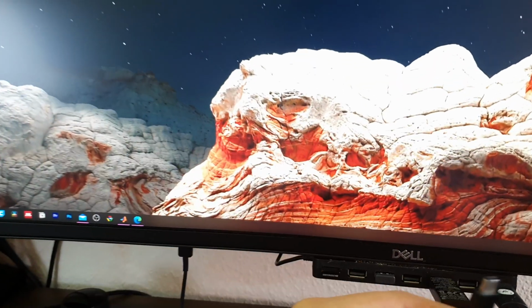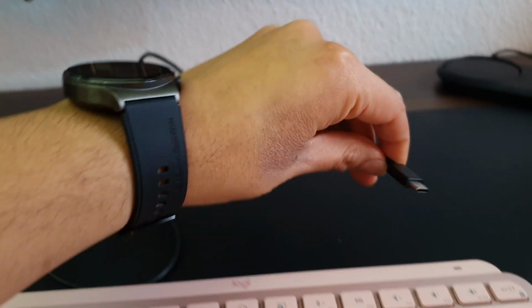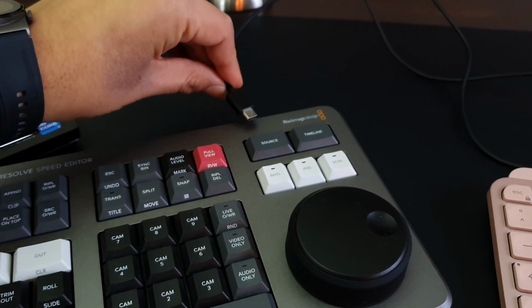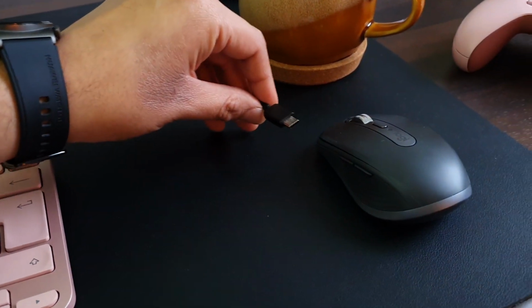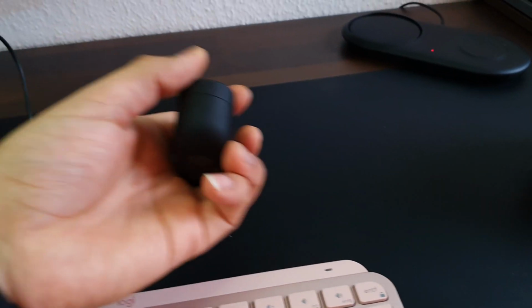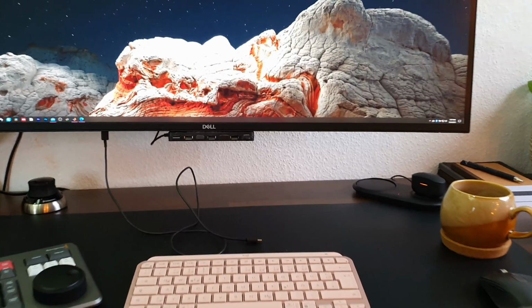My monitor has a USB-C port here, which is a fast charge, 15 watts. And when I need to recharge my peripherals, I just have this cable. This goes, for example, to the keyboard, to the MX Mini. This goes to my Blackmagic Studio. This works as well for my MX Anywhere 3. It works as well for my Logitech headsets. It could work as well with my Sony headphones, but I always charge them wired. So this is how it looks, my desk setup, and